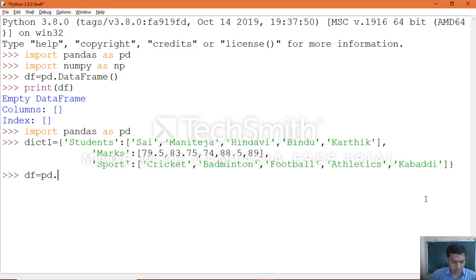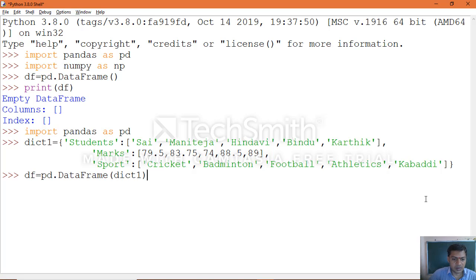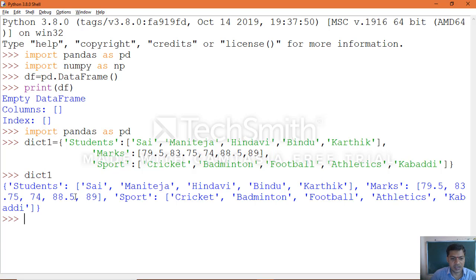So now create the object for this: df equal to pd dot DataFrame of dictionary 1. Okay, so here you take it as one time which we saw, where we simply printed the data. That is what you can see in dictionary 1, just print. Yes, you can see students, then marks, then sport, whichever we specified. This is how it will be printed, as it is the dictionary which you print.